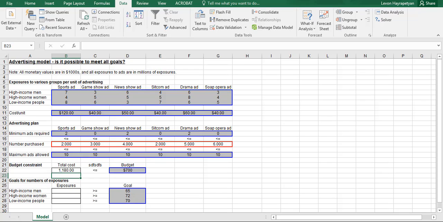Then we need to calculate the number of people in millions in each group that the ads reach, and we'll do that in this area. So let's start with high income men. So this is the range how many ads will be placed in each category, and this how many people in millions will be reached. So the formula will be sum product again,